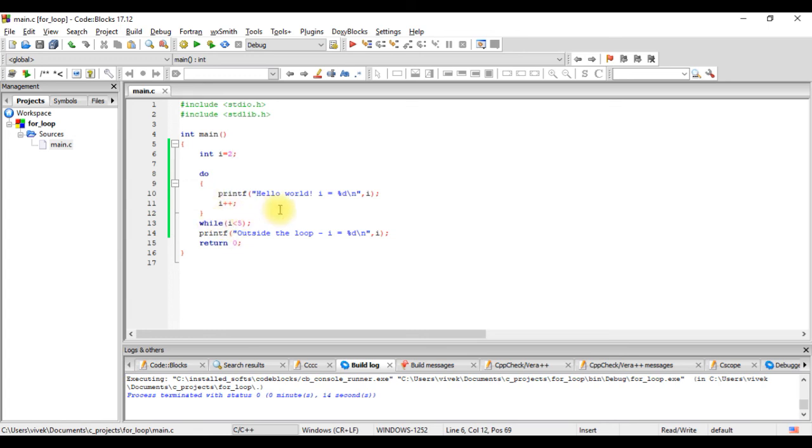Do while loops are useful in cases where we want at least one execution of the body. There can be cases like, let's say if the temperature is less than 50, you keep on reading the temperature. We'll continue only when the temperature exceeds 50. So in that case, the first thing we need to do is read the temperature. In that case, we can have a do while loop, where you first read the temperature and then check for the condition while the temperature is less than 50, keep on reading the temperature. When the temperature exceeds 50, the condition will become false and it will come out of the loop.